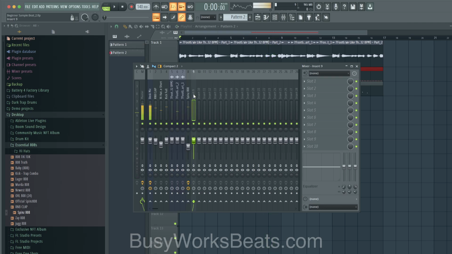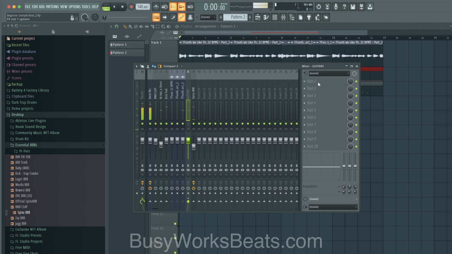Okay, so I'm gonna do one more thing here, which is to go to a blank mixer insert, right click and call this like guitars. And then what I'll do is I'll hit Alt left, hit Control to highlight all the guitars, right click on the bottom arrow and route to this track only. So now all the guitars will go to this one track.